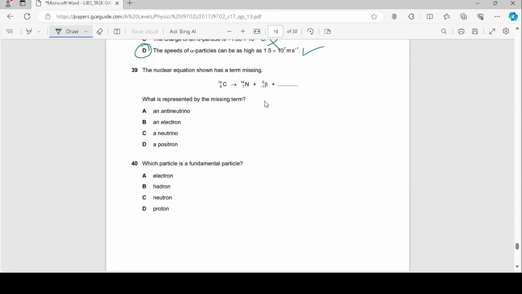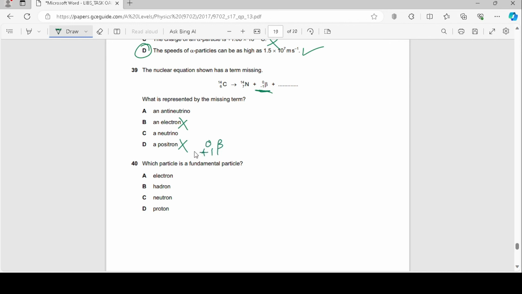So there's a term there which has no mass number and no proton number, so it's basically a very, very light particle which has no rest mass and no charge, and so it's not an electron or a positron. We anyways have an electron here already, and a positron would be 0 plus 1 beta, right, which is